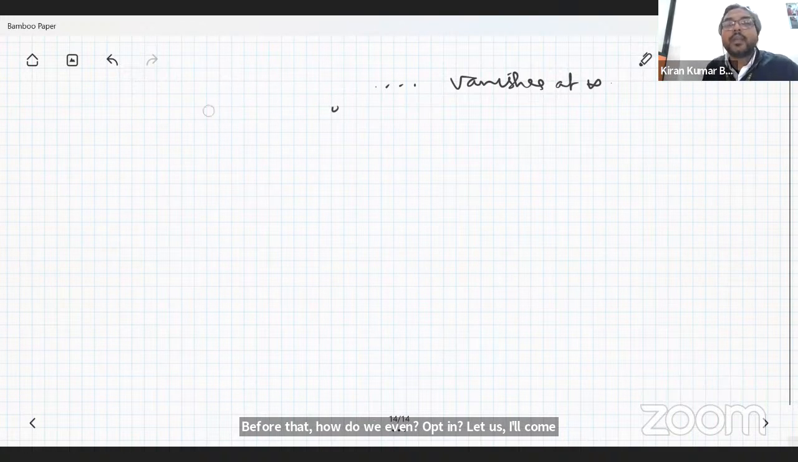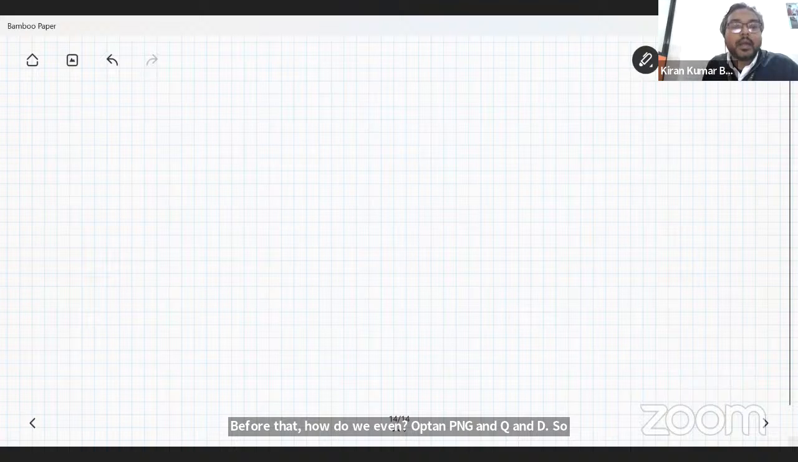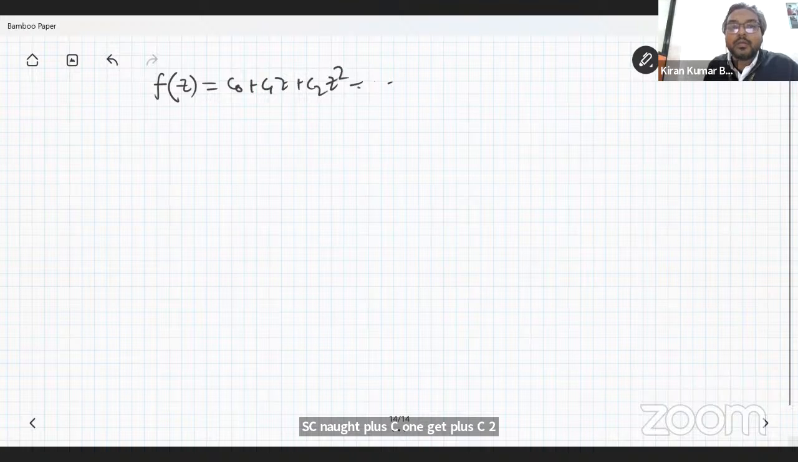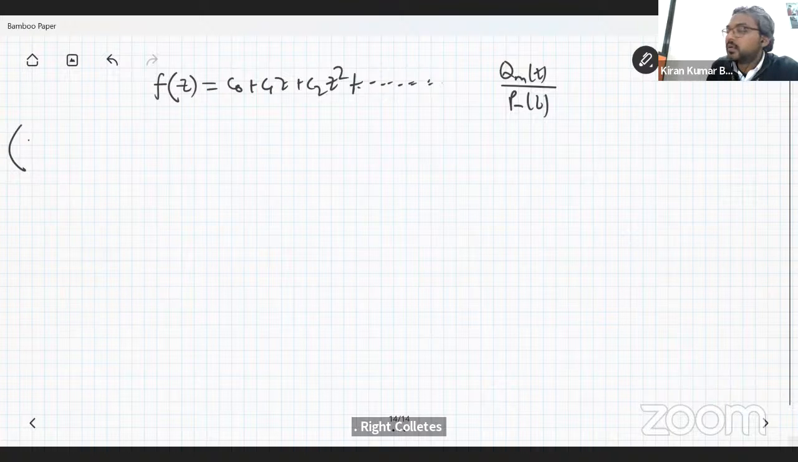Before that, how do we even obtain P_n(z) and Q_m(z)? What I want is to approximate f(z) as c_0 + c_1 z + c_2 z^2 + ... by a polynomial ratio, Q_m(z) by P_n(z), right? So let us write P_n(z) as